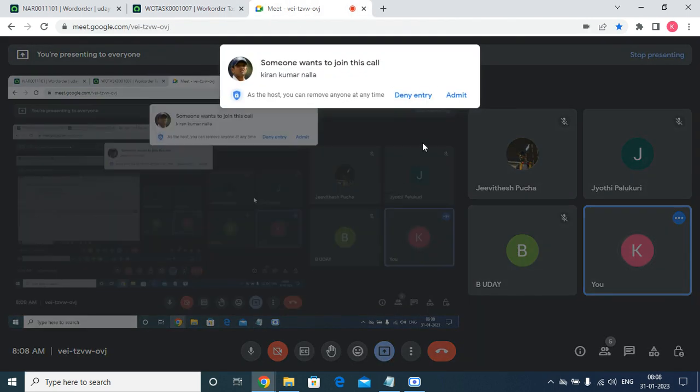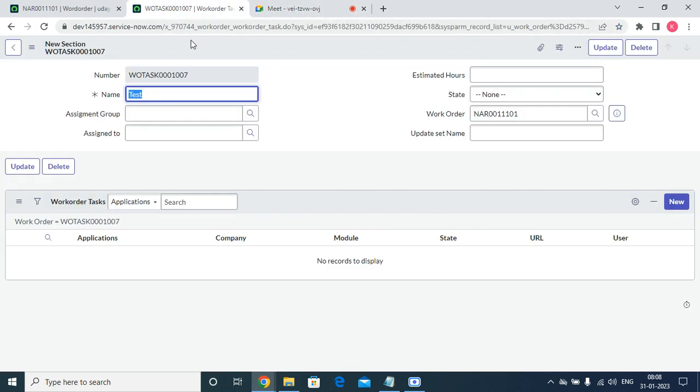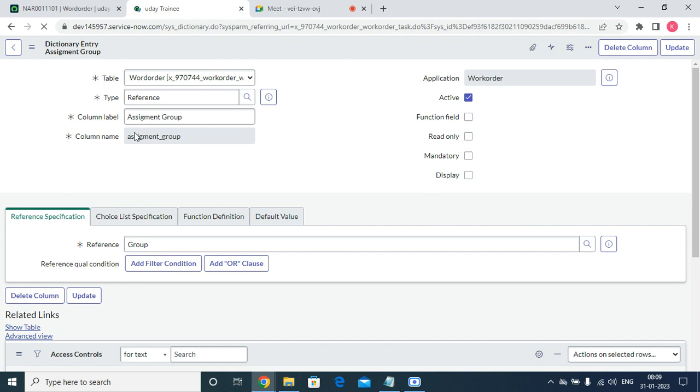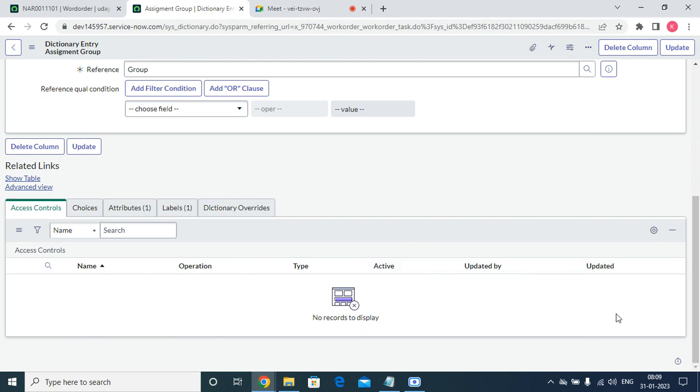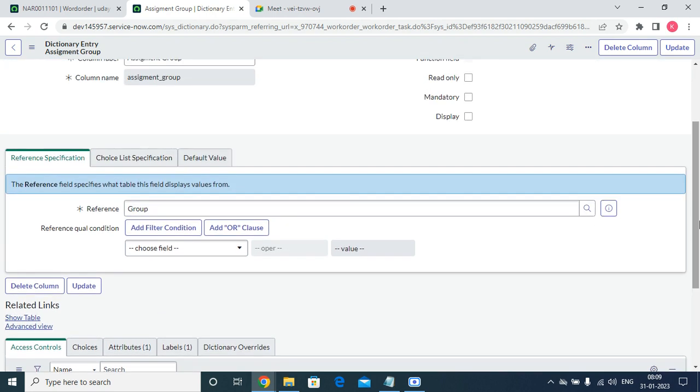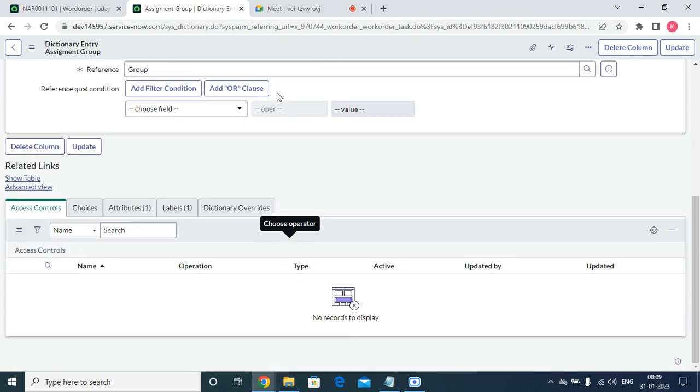How can we achieve this? In ServiceNow, we have an option called dictionary override. Right click on the form and go to configure dictionary. Whatever we are seeing here, the reference, read only, mandatory, display and all other things, we call dictionary entries. If you want to override them in the child table,